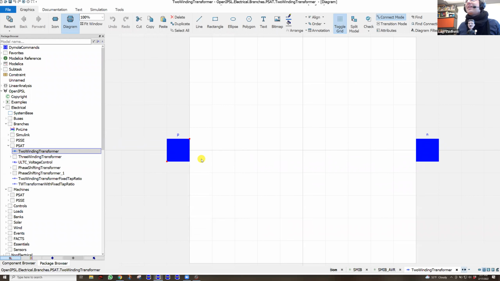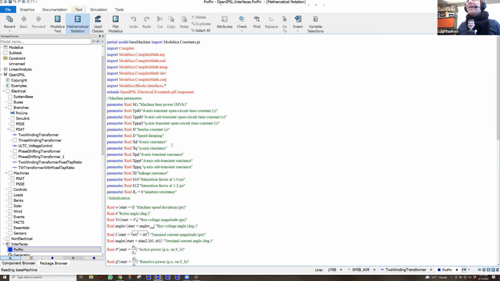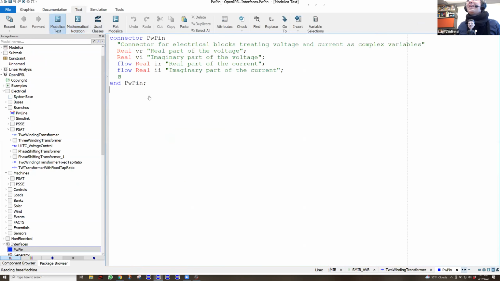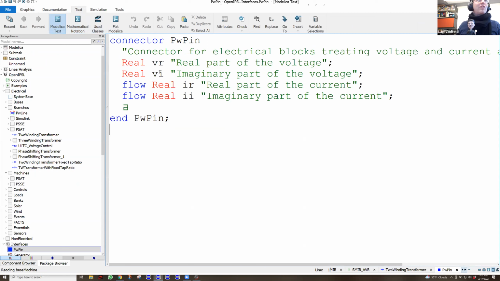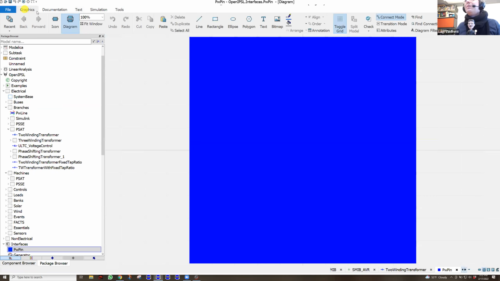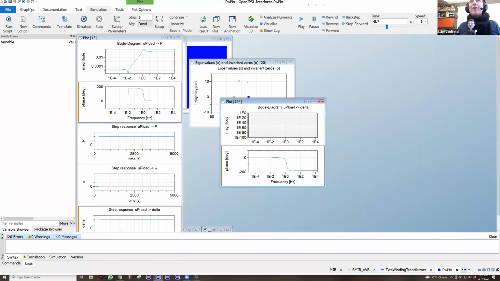And if you look at this electrical interface and at the text, you see that I only have the voltage and currents in real and imaginary form, which give us a phasor at 60 hertz. So this allows me to just attach them to each other, and it's not my problem to figure out how the current is flowing. It's the problem of the tool later on.